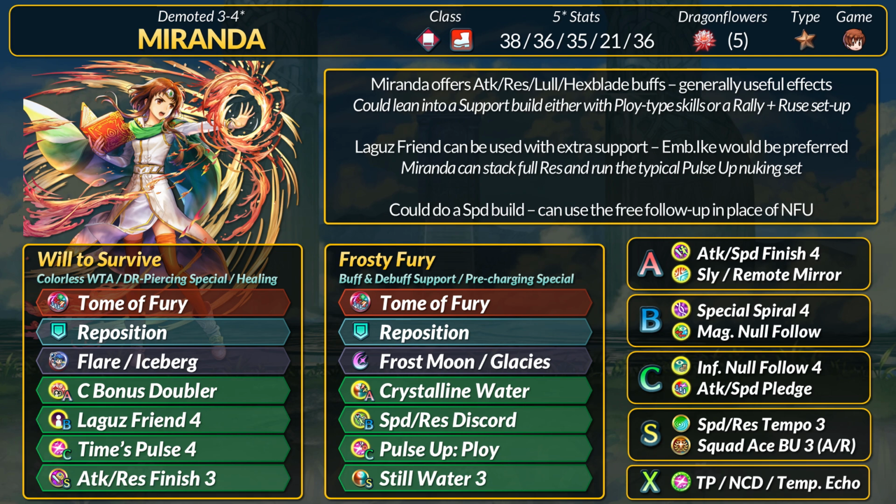Tome of Fury has some flat damage reduction, so we can combo that with Legu's friend. Miranda will get a decent amount of res to help with scaling, and this also gives her 40% resistance as true damage. Without slaying, you can run Flare to heal back up, plus you get the full DR piercing. Even with the Raven Tome effect though, I wouldn't expect Miranda to be tanking modern offensive colors, archers, and dagger